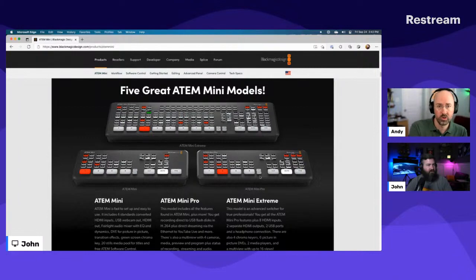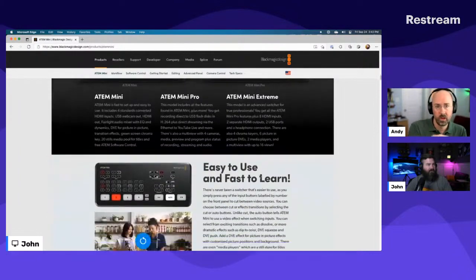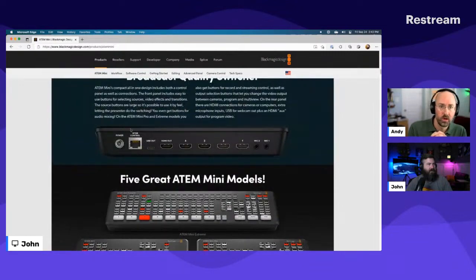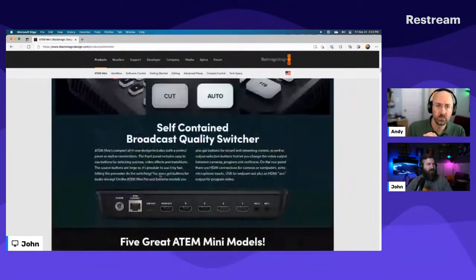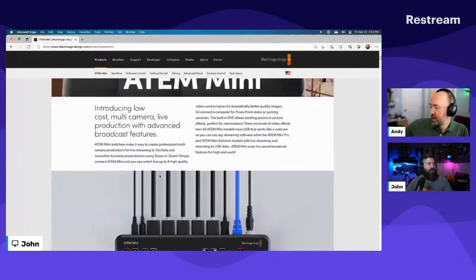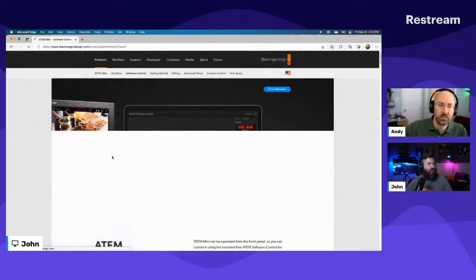So this is all hardware control that you see here. But there's a tab up at the top right there. It says software control, and you've got the Ethernet, so you can control it over your local network as well. You can have an iPad and basically control it from the iPad, and you can do kind of a studio thing.